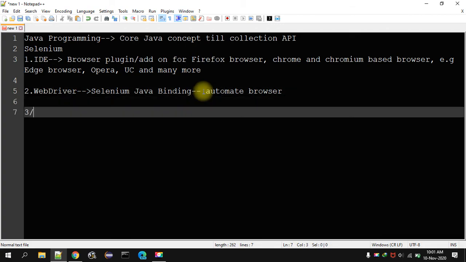Next we have Selenium Grid. So what is Selenium Grid?